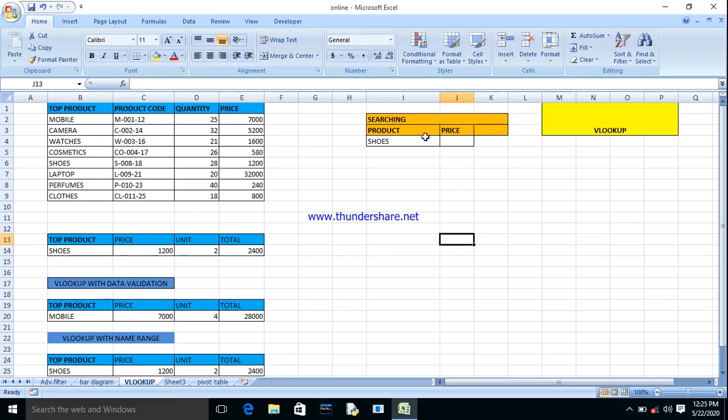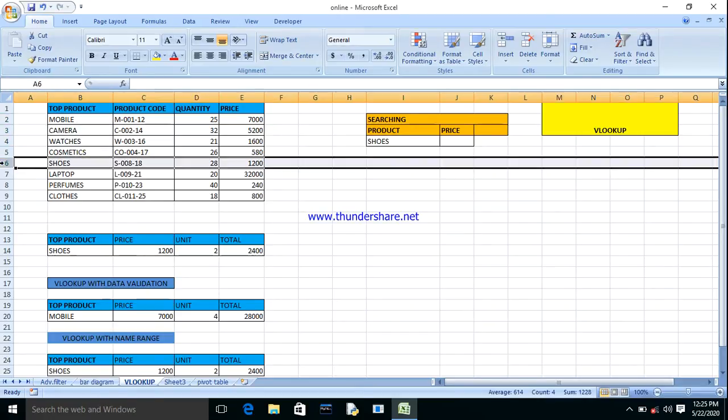Now, if I make another column in table format, with a searching product, shoes, and a price, and I want to know the price of the shoes, how could I know? The first way is just searching the data to see where the shoe is.